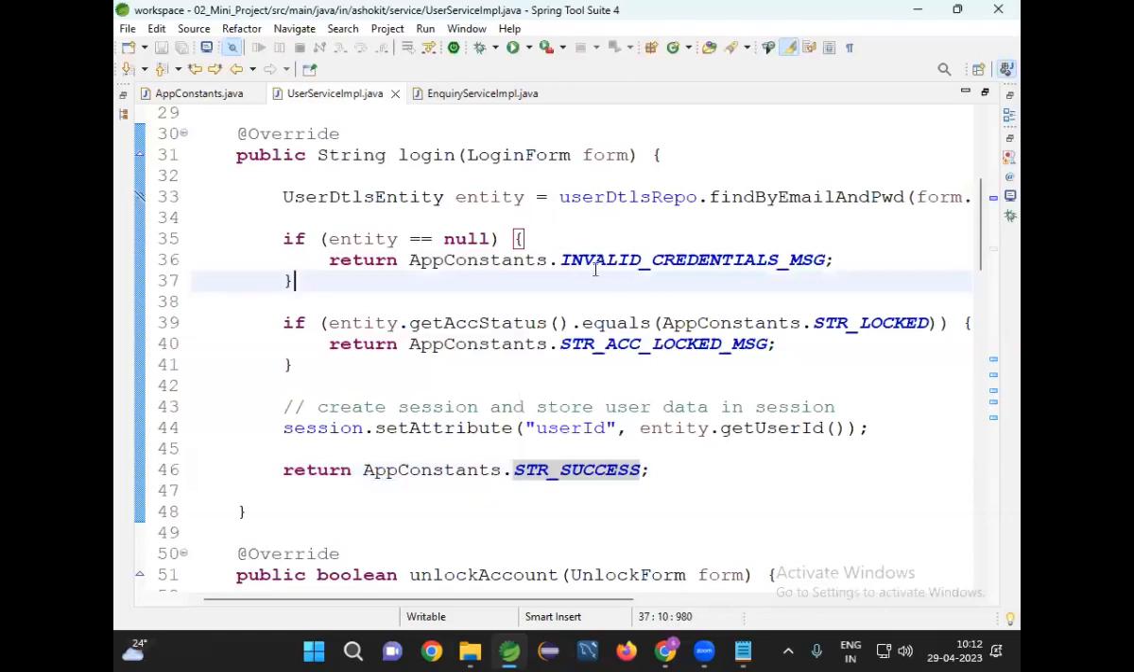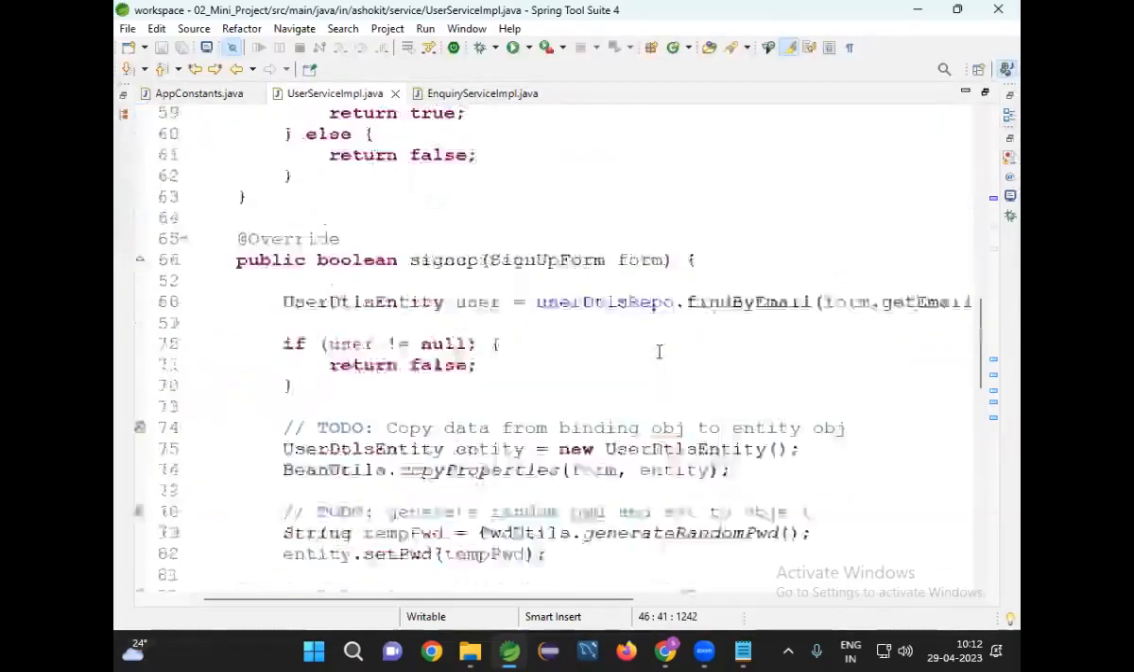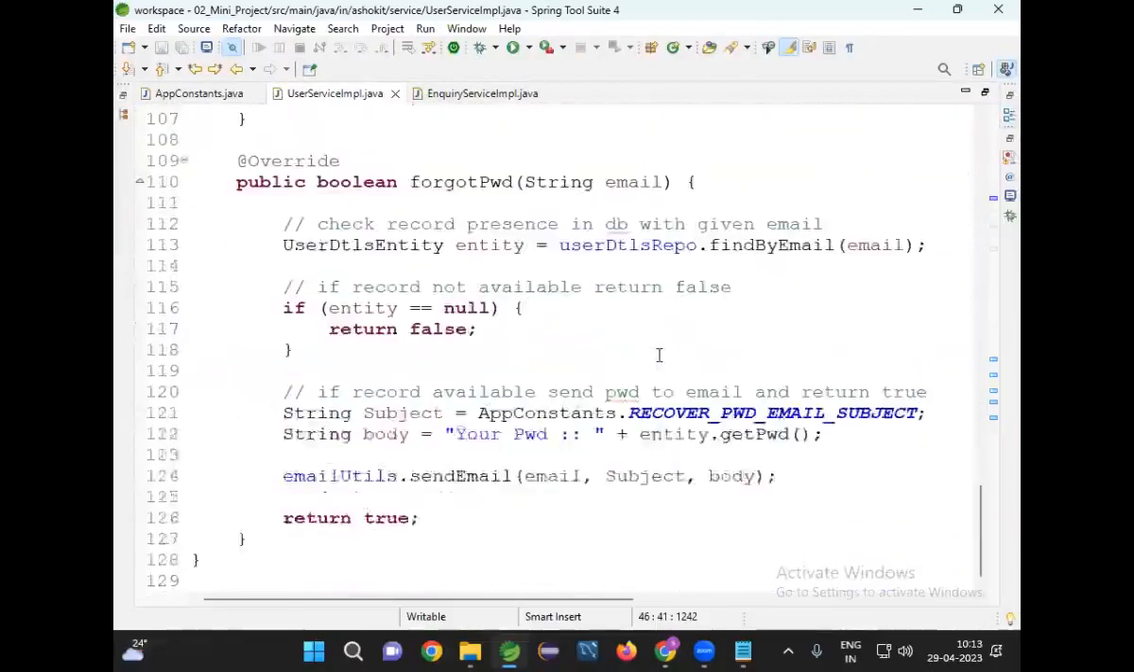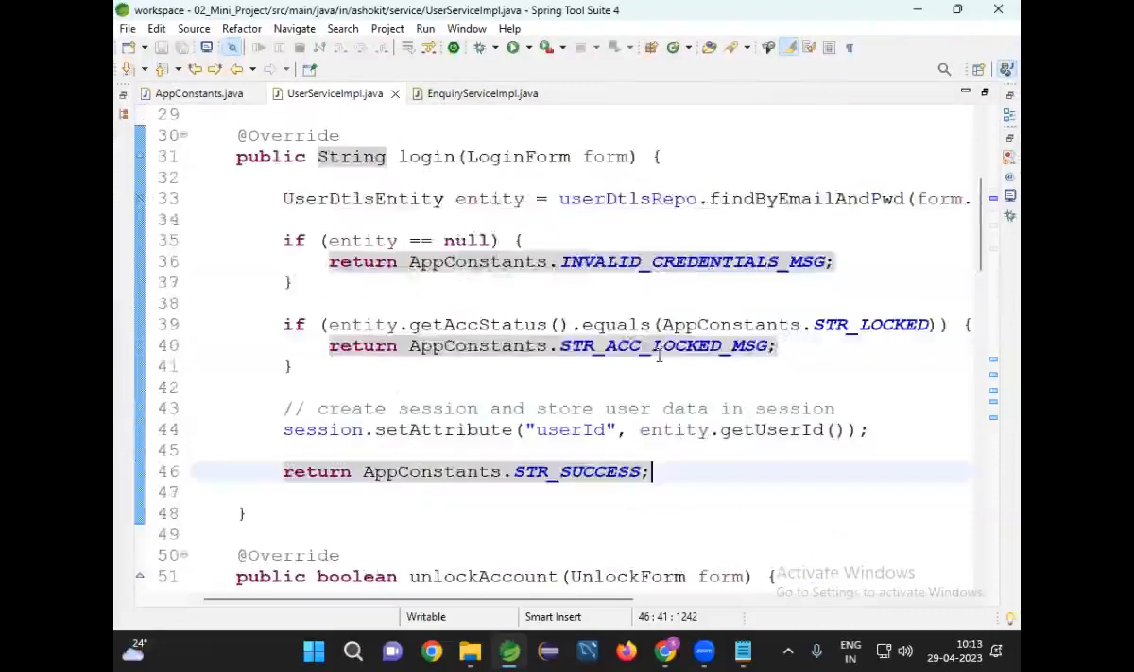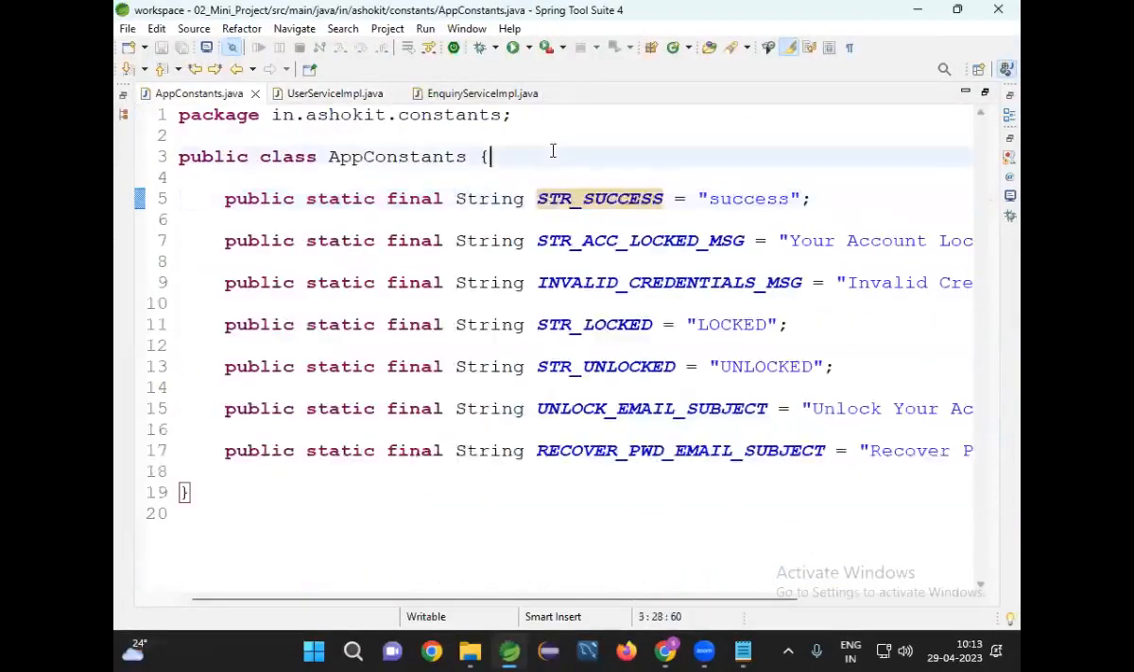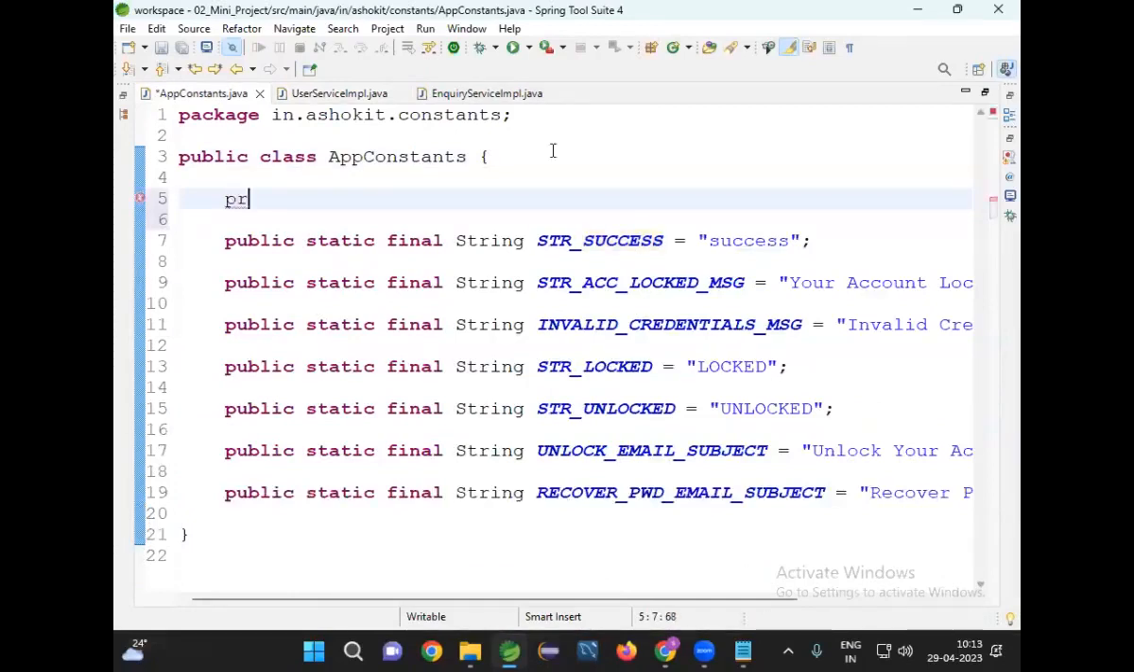Now, wherever I'm using a string literal, user ID is available. Can I declare a variable for that? Yes, we can, because we are using user ID at multiple places in our application. So for that, take it as a constant. String user ID, public